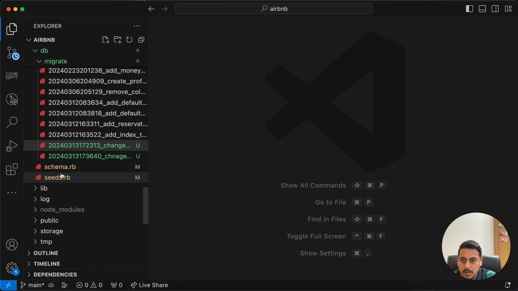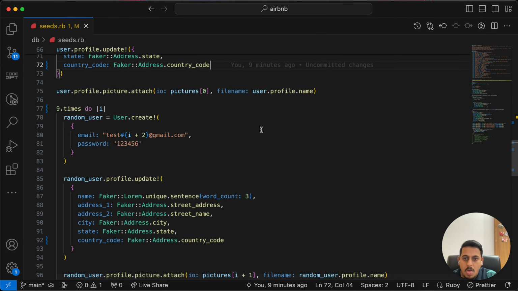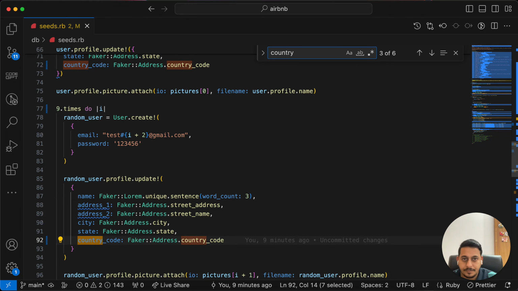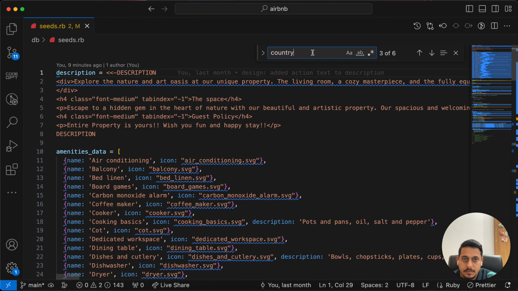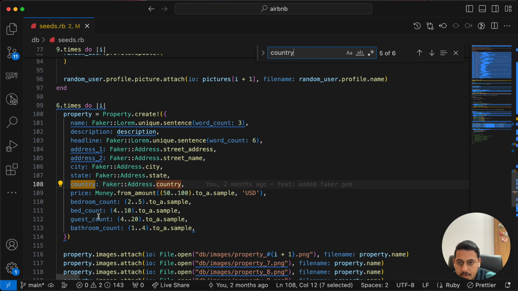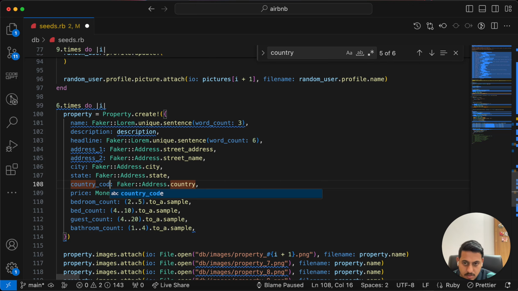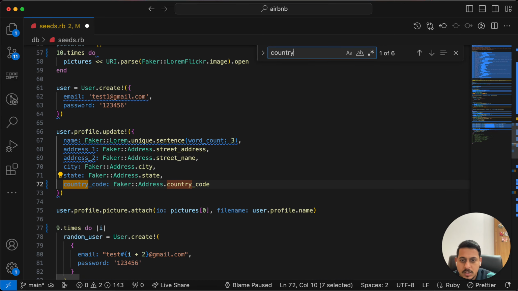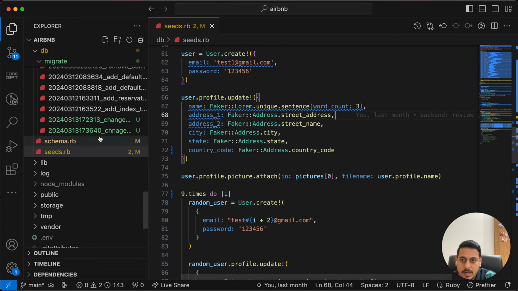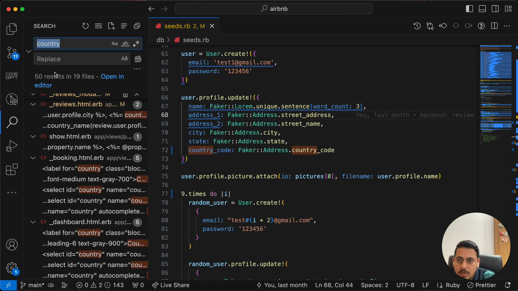go to schema, seeds file. In that, search for country from top. Country code should be country code, and this should be country code. Now I'm just searching country code and making these changes. Nothing special here. Let's get rid of this. Go here,